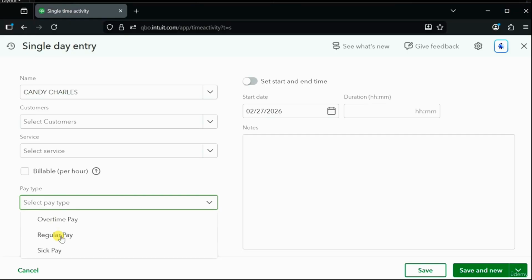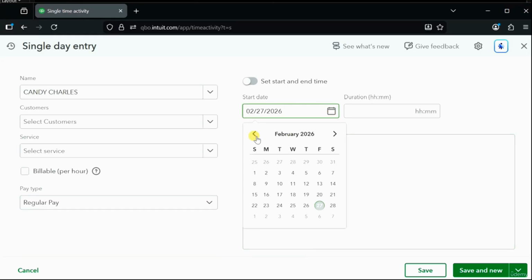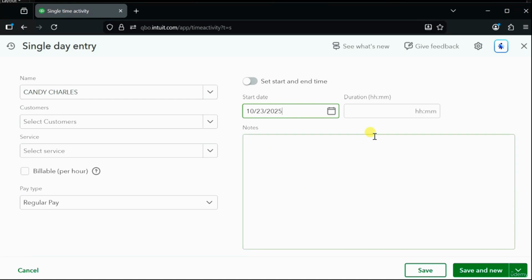We're going to make this part of her regular pay so that when this time slip goes over to the payroll, QuickBooks Online will know which category of pay these hours will be assigned to. Now, the date was October 23rd of 2025, and it was 8 hours. And you would put whatever notes and details you were supposed to put, like did